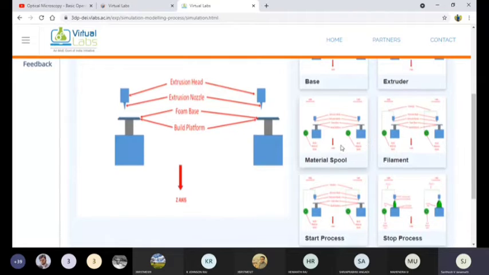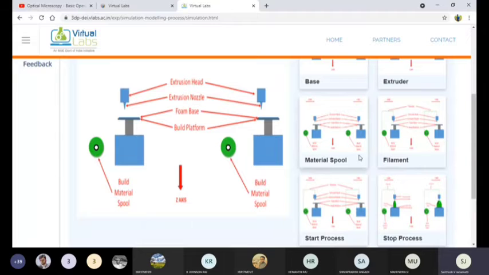Next, I will start the next step of the procedure. We will press the button of the material spool. Yes, now the material spool is ready. We can call this the build material, or the raw material, which I think is a polymer material in the form of fibers. The spool means a bundle, a bundle of polymer fibers wound over the spool, which you can see on both sides.